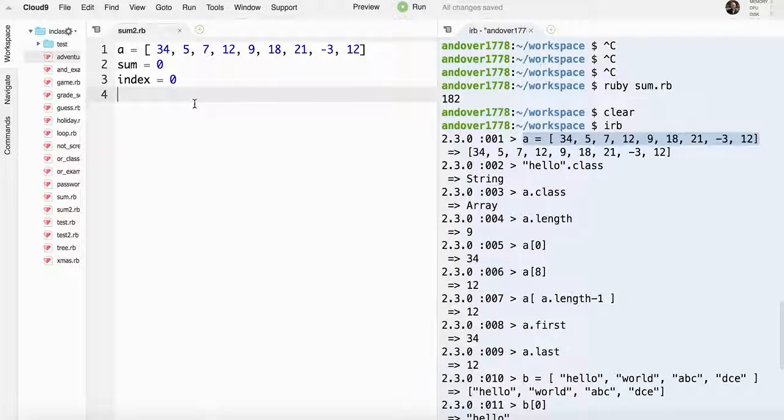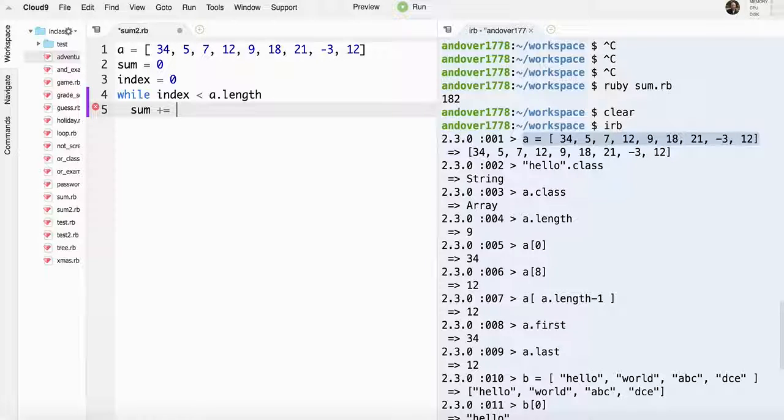We're going to say while index is less than a.length. In other words, as long as the index is between 0, where we start, and 8, which is the last index that is less than the length of the array,